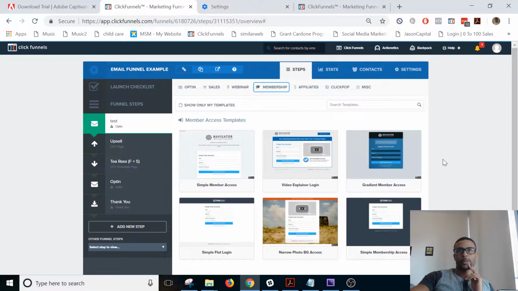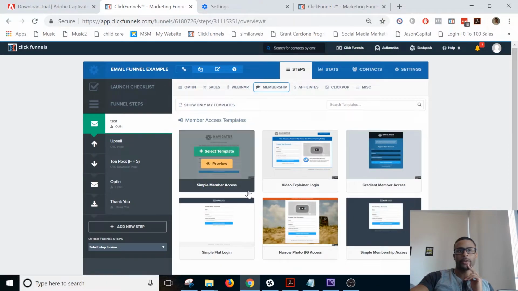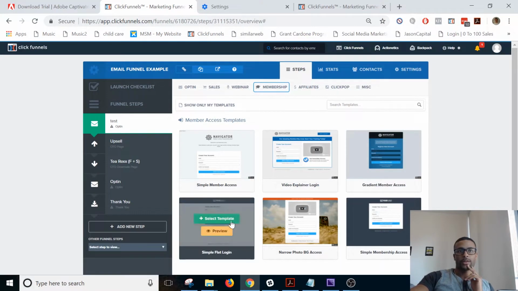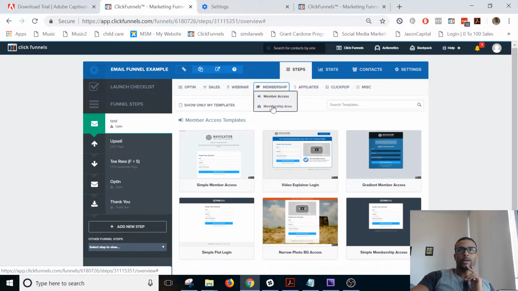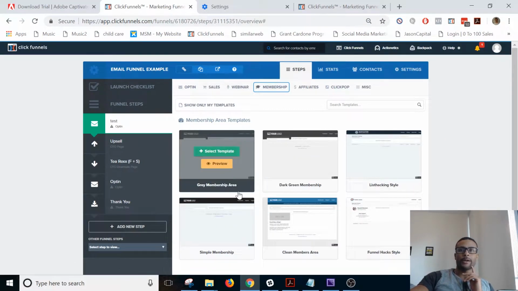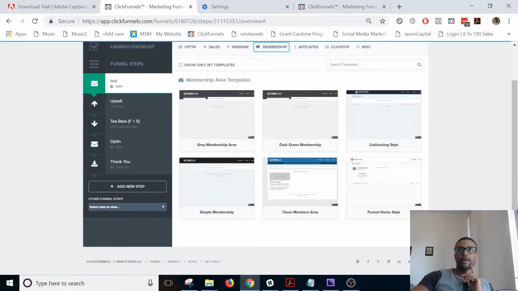Membership access. This is where they sign into their membership area. Normally I'm using one of these. All they need to do is sign in real quick, so it doesn't take that much. And then the membership area, which we will go into in terms of figuring out how to build them. But I know for a fact I'm going to need to, at the time of this recording, October 4th,